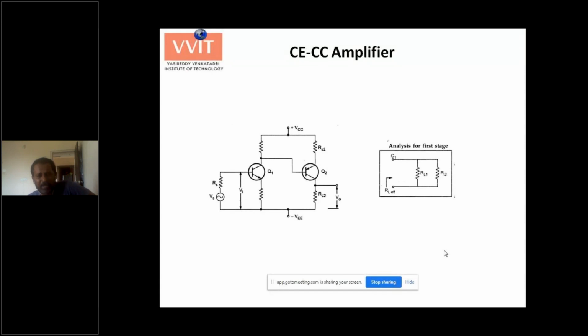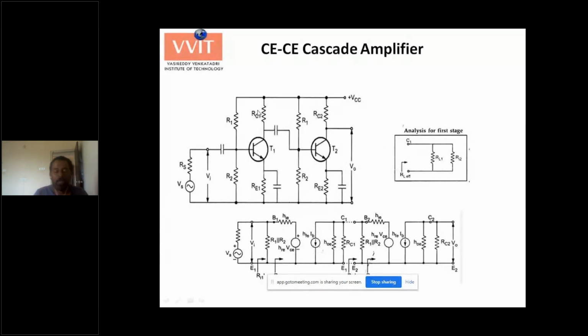Now I have an application where I need an amplifier with low output resistance. I need voltage gain as well as low output resistance. The CE gives me gain; I have no problem with input resistance. It can be any value. I'm not bothered about input resistance. My application needs an amplifier with high gain as well as low output resistance. And in that case, you can go for what? CE/CC combination. CC does not give you any voltage amplification. Rather, the output resistance will be less. Do you understand? This analysis can also be done like in the previous problem.